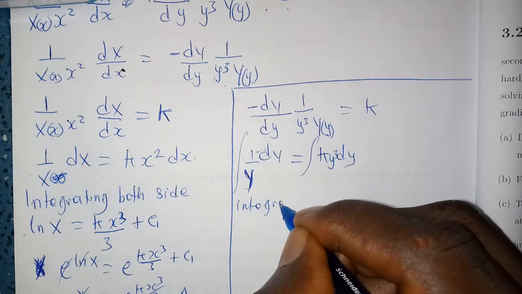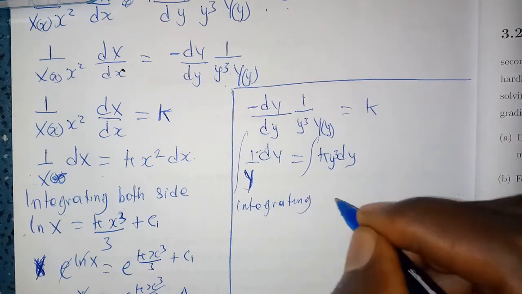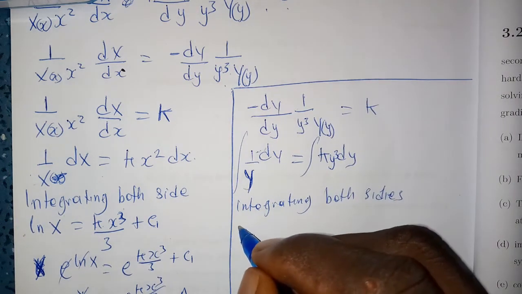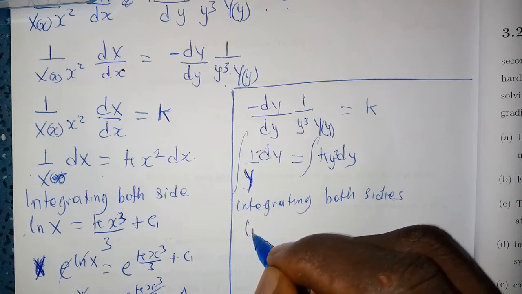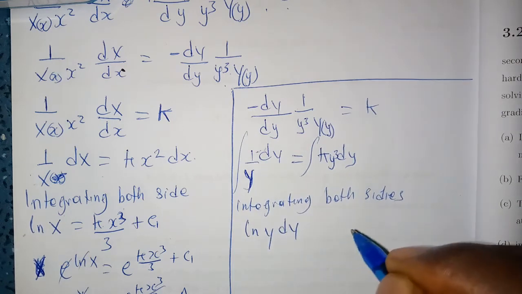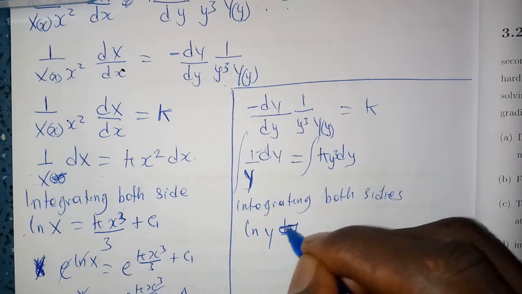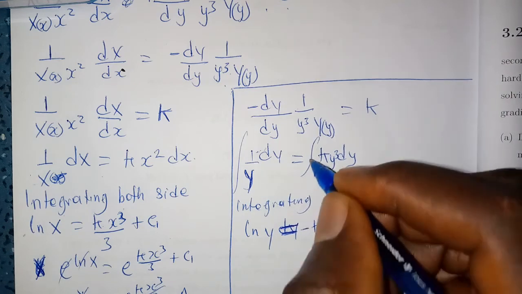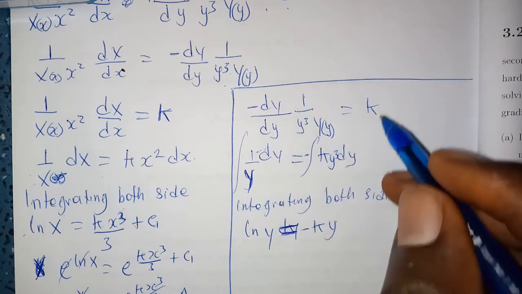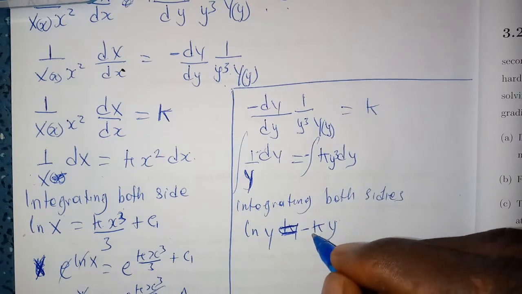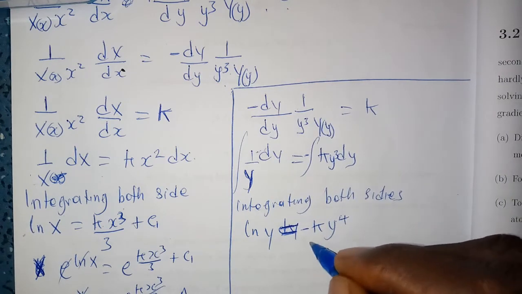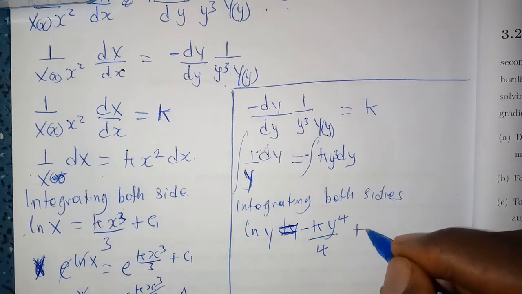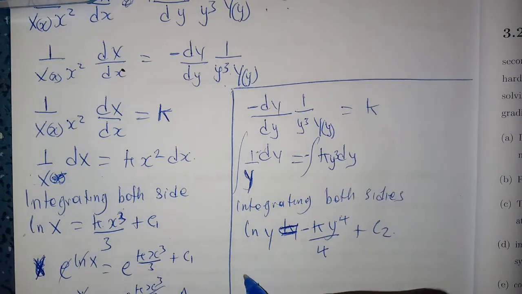Integrating both sides, we have ln y, ln y equals to k negative. It's a negative sign here because they are cross multiplying, so k y raised to the power 4 over 4 plus c2. So from here we use our exponential,